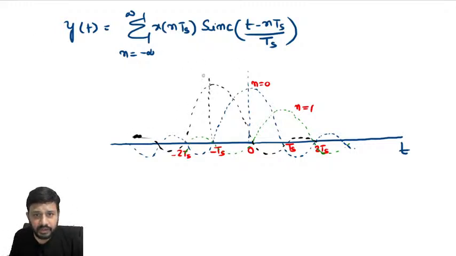This is for n is equal to minus 1. Now, and so on. I cannot draw every sinc pulse here.